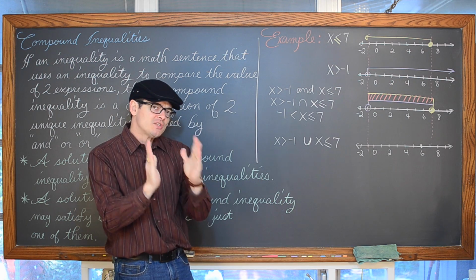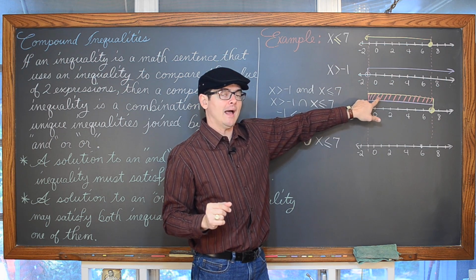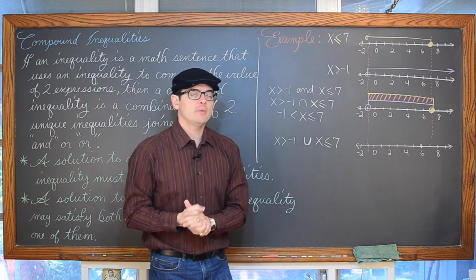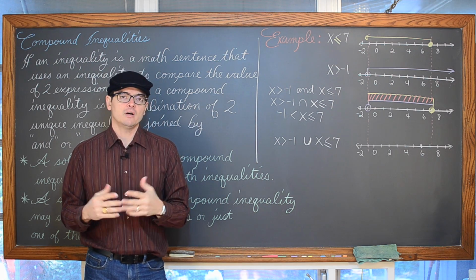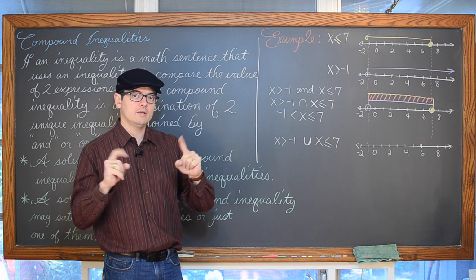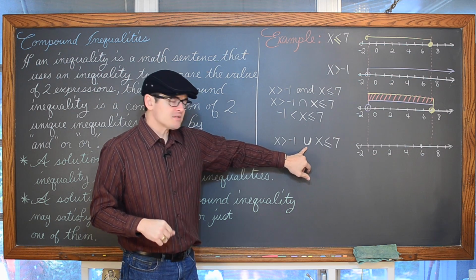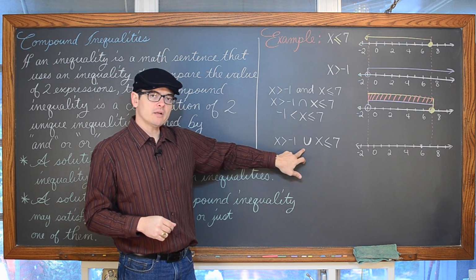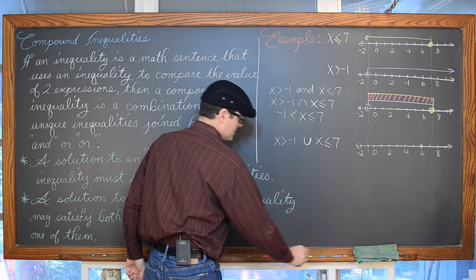You want to shade just the area between those critical values. So this is now how the graph of a compound inequality is going to look on a number line generally, with the idea of this and idea, combining the two inequalities, making one compound inequality. Now if I put this math symbol in, if I take this U and I turn it upside down and I have it opening up, well, that represents the word or.